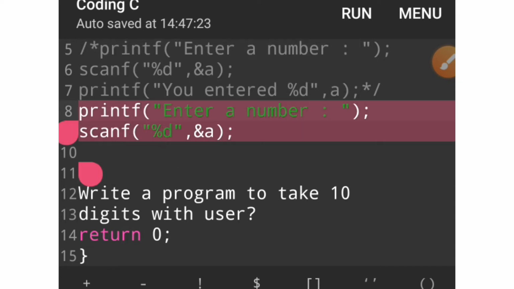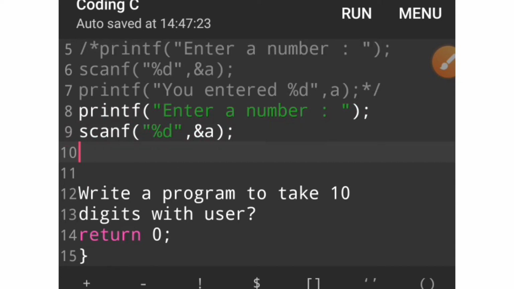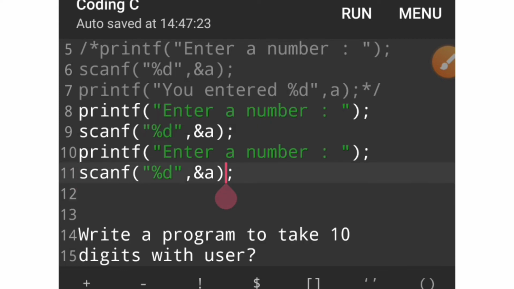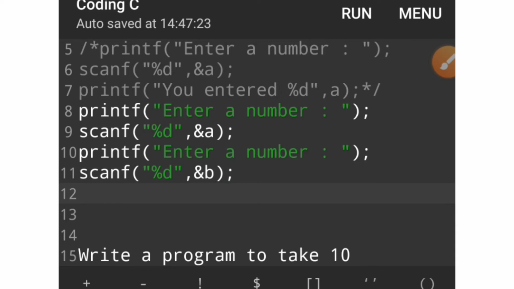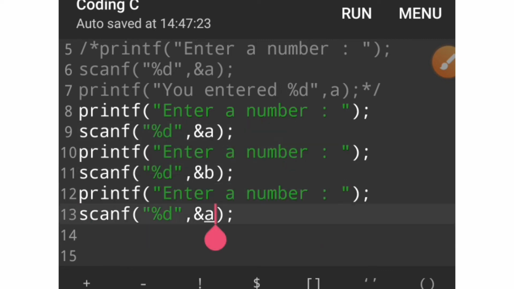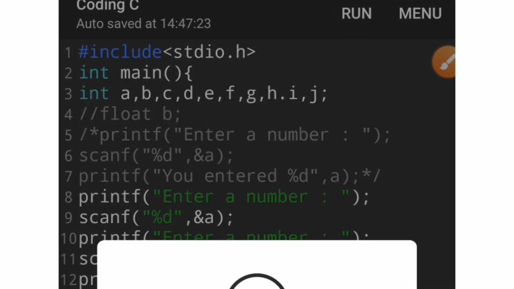copy paste this program 10 times. For example, I copied this program and pasted it. You do percentage and percent b, and then this time c. If we run this program,